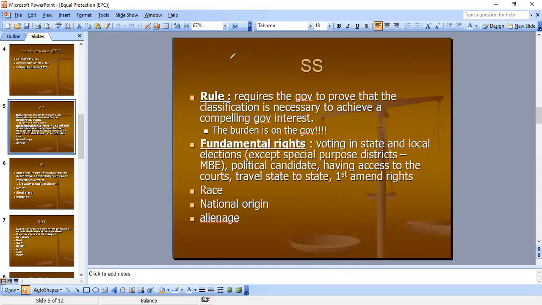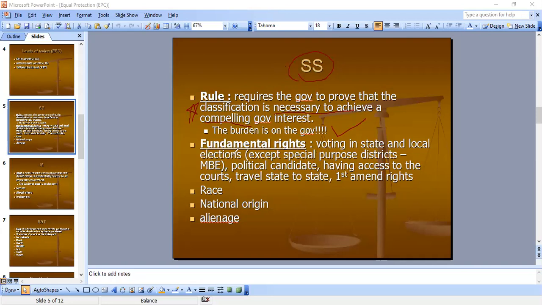Okay, so strict scrutiny requires the government to prove that the classification is necessary to achieve a compelling government interest. We see these words all the time on our MBEs. Necessary to achieve compelling. As soon as you see compelling, you're going to think of the strict scrutiny test. Okay? And always remember for MBEs, the burden is on who? The burden is on the government to prove that the regulation or classification, for EPC its classification, is necessary to achieve a compelling government